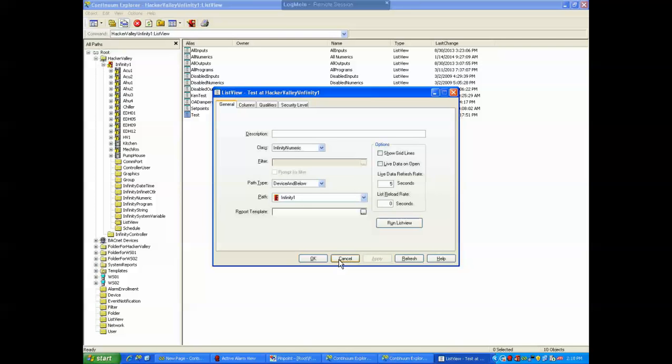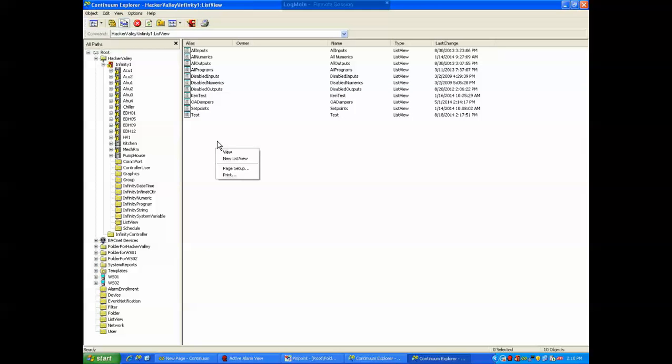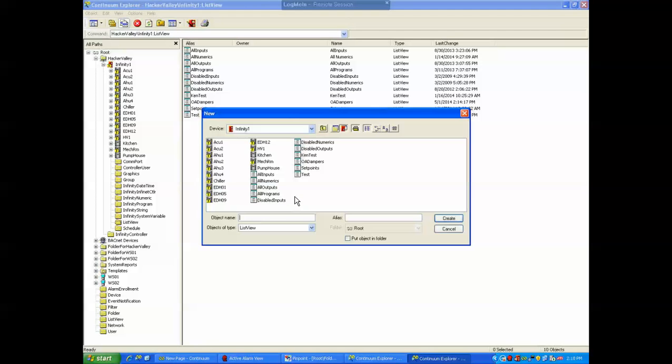But let's start from scratch so we know where this is going. To create a new one, anywhere in this white area, just do a right click on the mouse and create a new list view. Okay, we'll call this one test. We'll call this one dampers. What we're going to do is make one that allows us to look at and control the dampers. So we'll create one that's dampers,